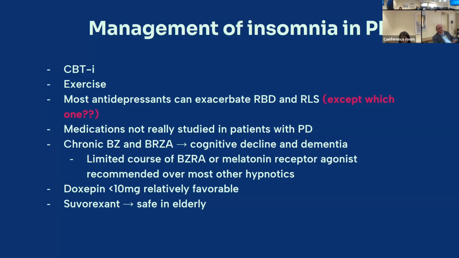Chronic benzodiazepines and BZRAs can lead to chronic cognitive decline and dementia. So I would recommend a very limited course of them, or melatonin receptor agonists over other hypnotics. Doxepin less than 10 milligrams appears to be relatively favorable. And then suvorexant is pretty safe in the elderly, which we're trying to get for our patient from our case